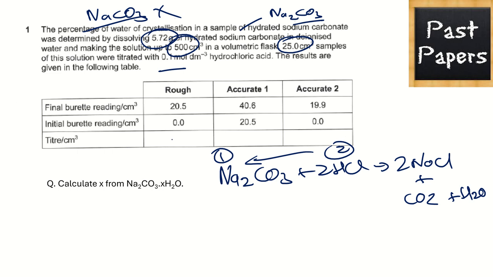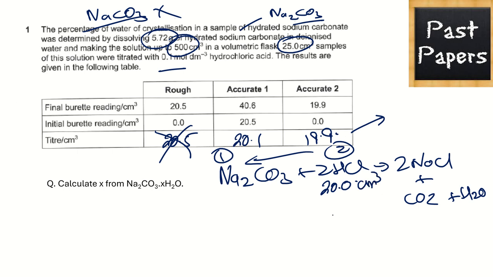We're going to have to fill this in, so it's 20.5, but again we don't take the rough into account for our mean, I should say. So that's divided by 20.5. I know that's dead easy, but I like to do it in the calculator just to be 100% sure. Okay, so those are my two accurates. The average therefore is 20.0